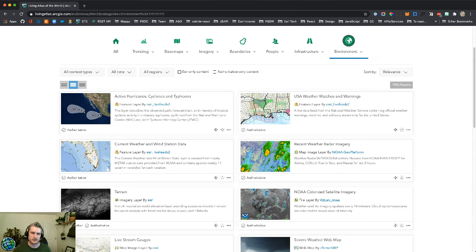Over here, we can see some active hurricanes, additional weather stuff. Some of it coming from Esri, some of it coming from other sources of information like NOAA, right? The weather information is coming directly from NOAA, fed through our platform. I'm not going to go through all of these, but getting back to people, right? There's a lot of